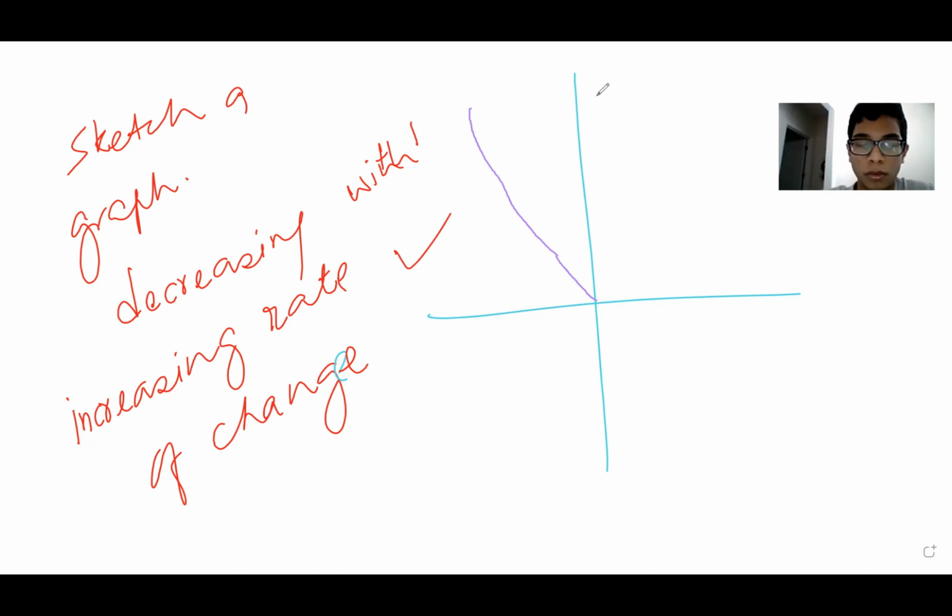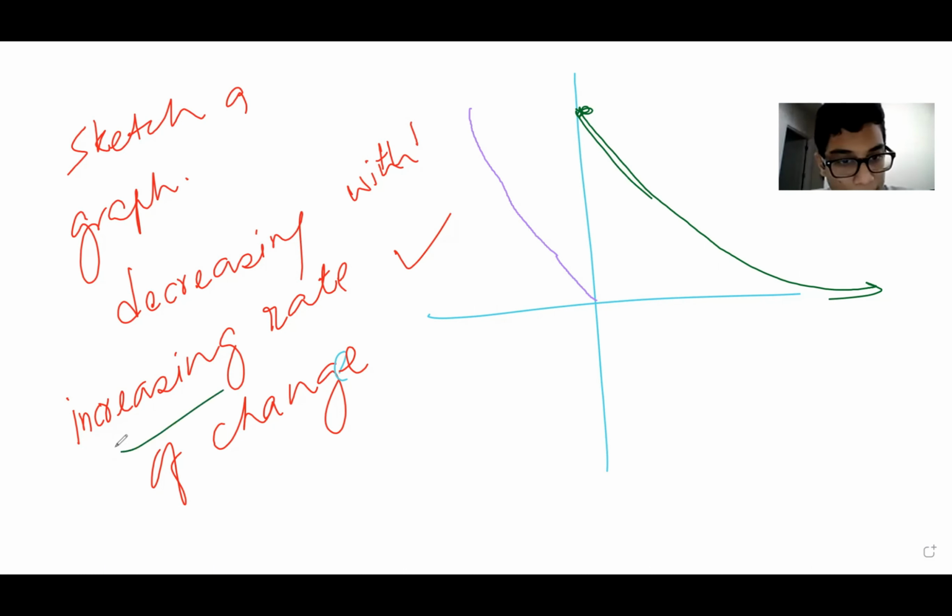How do I see it? We are saying decreasing and increasing rate of change. It is like coming down a slide. Do you see that slide? If you sit here and then your velocity increases, you go faster and faster. So this is the graph which is decreasing with increasing rate of change. Perfect. If I want a graph which is increasing,